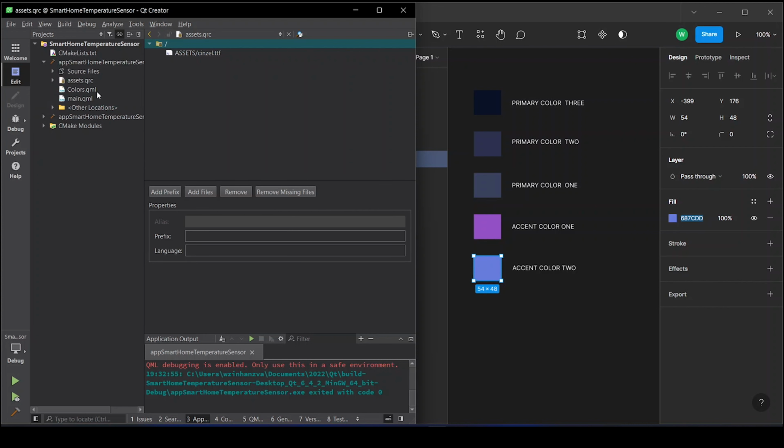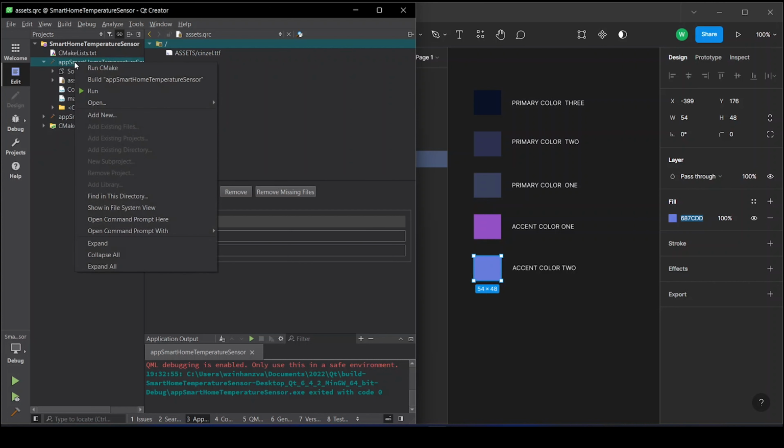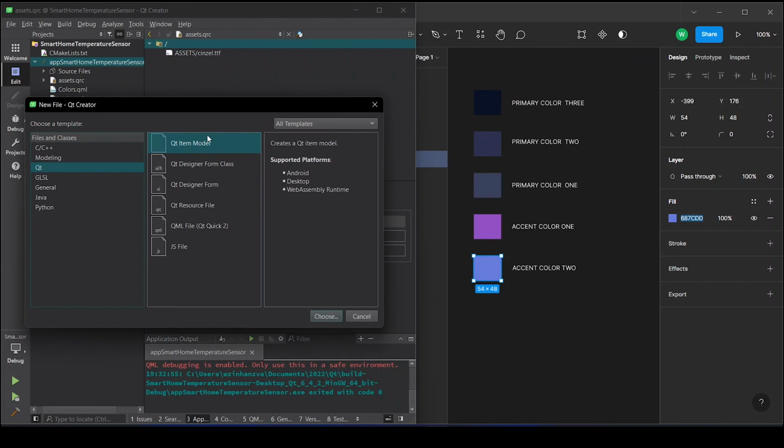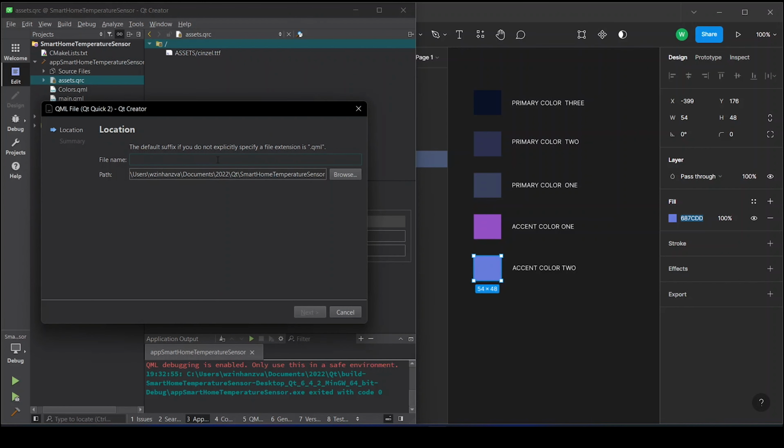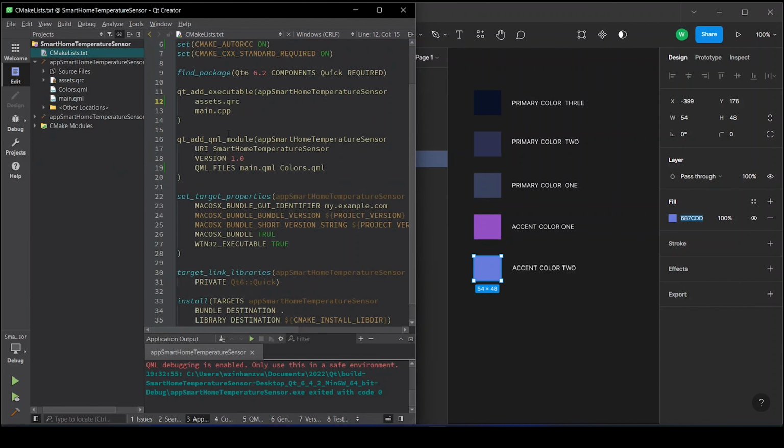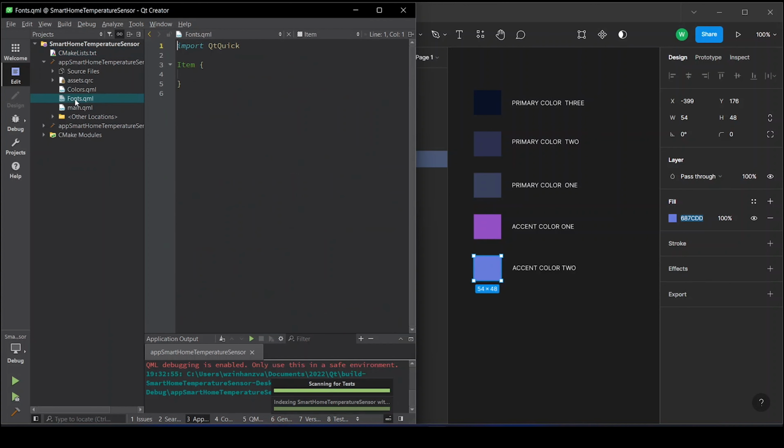So we need to create a QML file like we did with the colors. So we need a QML file. Let's call this one fonts and finish. We edit into project fonts.qml, there it is, save, and wait for it to appear in our project. So if you look here, we now have our fonts. So we edit this to be a single file, so say singleton